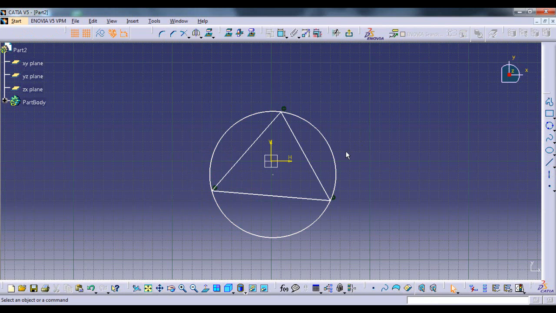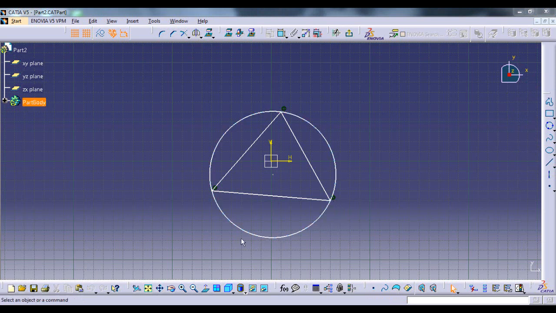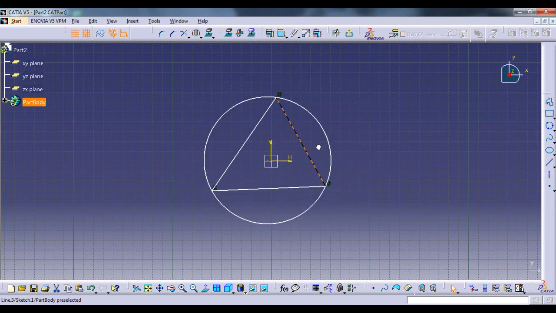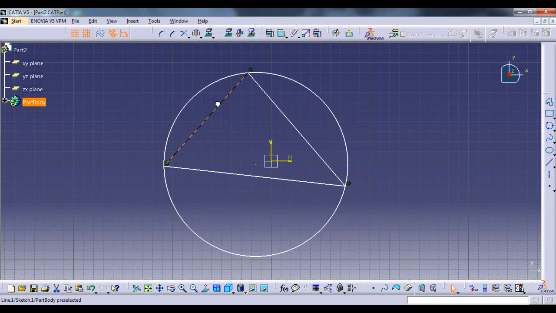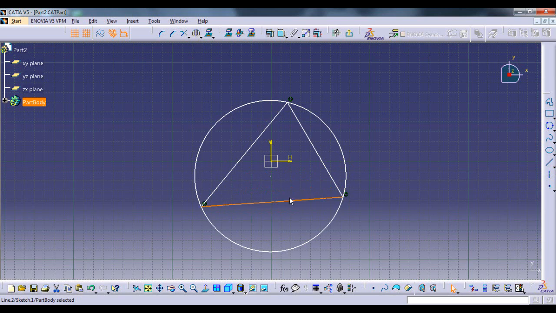So this is how we can plot a circle which passes through these 3 points, using the 3-point circle command. One thing that we need to understand is that this circle will always pass through these 3 points. Even if we try to change the position of this triangle, we can see that this circle continues to stay intact with these vertices. At the end, it doesn't matter what the position of the vertices is. If the circle is made using this 3-point circle command, then this circle will always pass through those vertices.